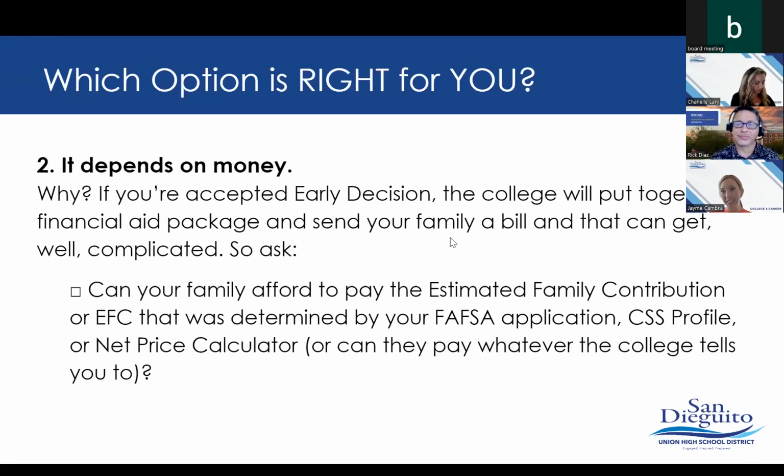So have those hard conversations now financially. Really sit down and look at the cost of schools and what you're able to contribute. Like we've all talked about, it's hard this year because there's a lot of unknown, and it's hard to commit to a binding program when you have an unknown financial aid package. Usually in other years, if you're a junior or a sophomore listening, you submit the financial aid information, the FAFSA or the CSS profile, in October. You could do it as early as October. And in that case, it could change the whole dynamic of the admissions office.